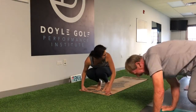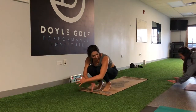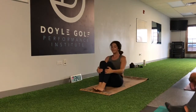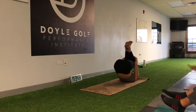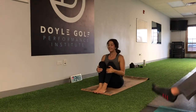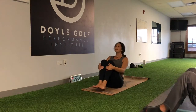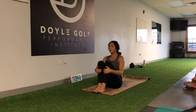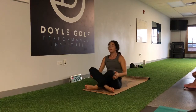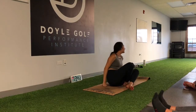Or you could slowly make your way all the way down, whatever's best for you and your body here. So if you would like to rock, you could just grab onto the legs as you slowly roll. Massaging out the spine as you do this. Taking as many rocks as you need to. And then once you're ready there, we'll pause up at the top here, coming into the center of your mat